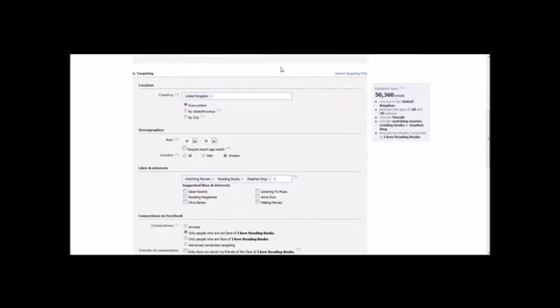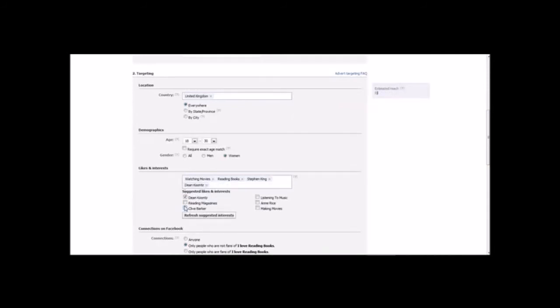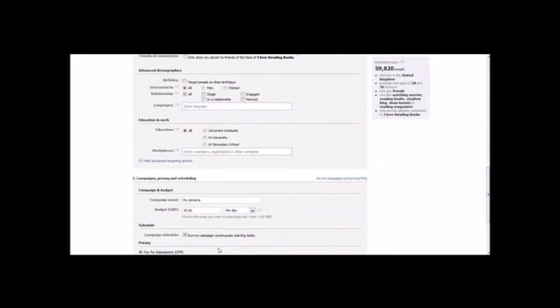So again, I've got watching movies, reading books. Let's just put down Stephen King. That's out of 50,000, that's pretty much what we're looking for. And we got Dean Koontz, 58,000. Reading magazines, 59,000. Now at this stage what I'm going to do is basically create a campaign,